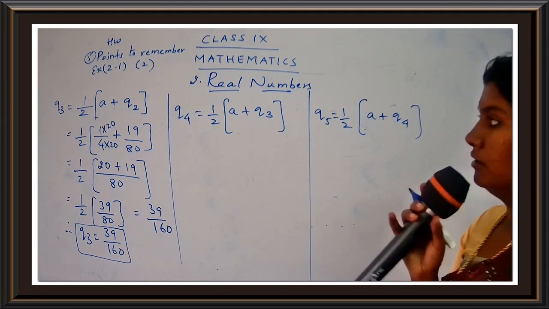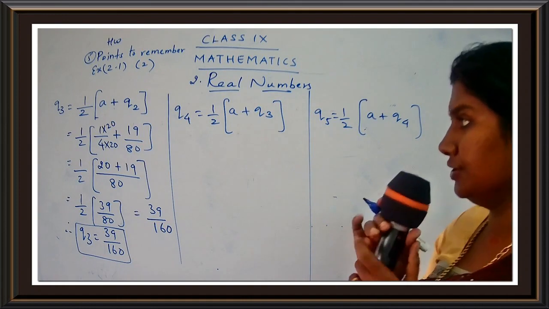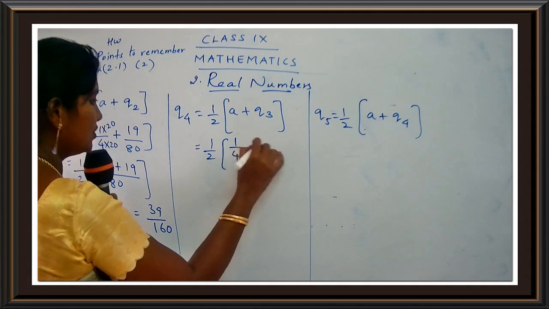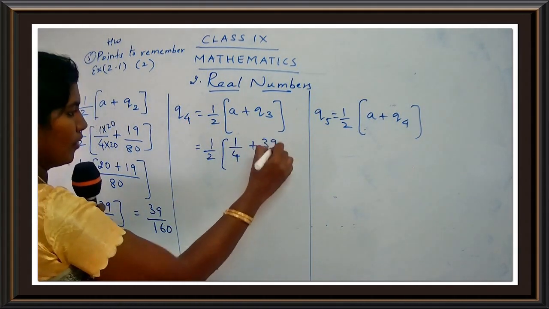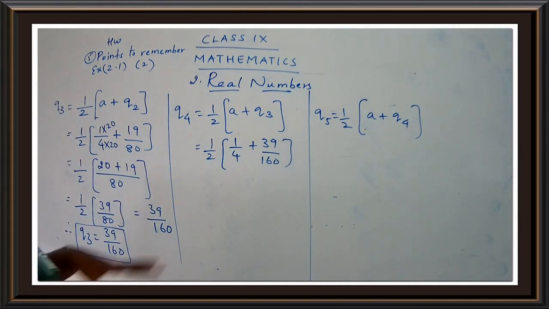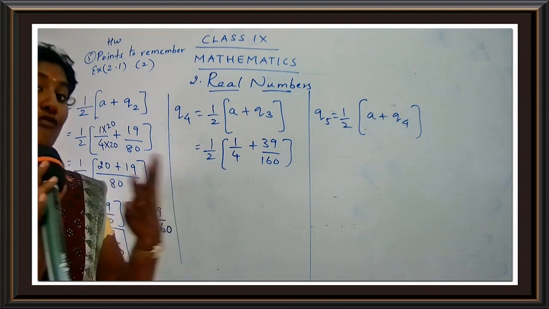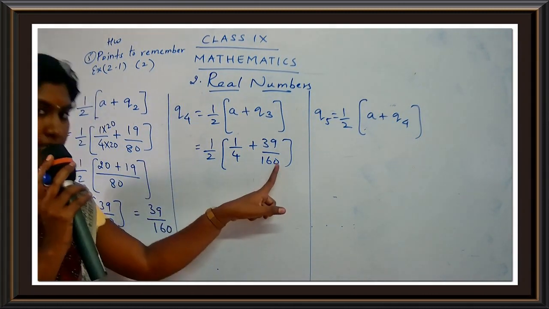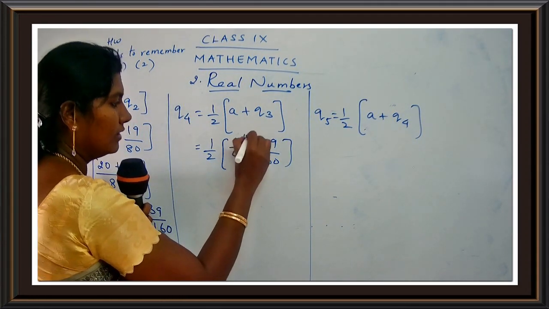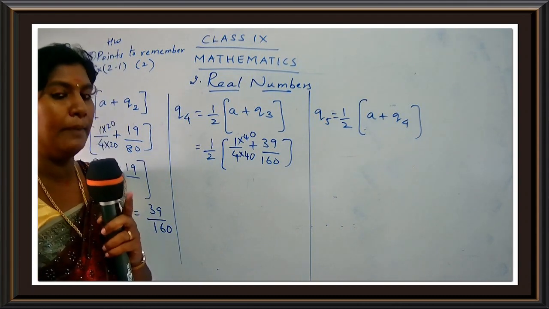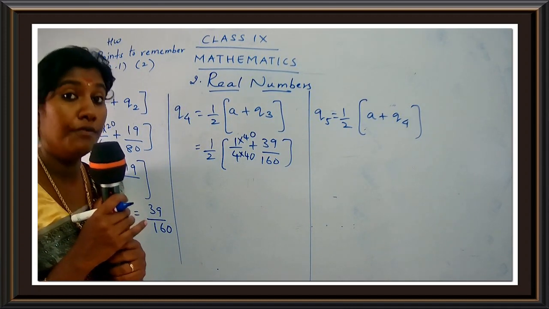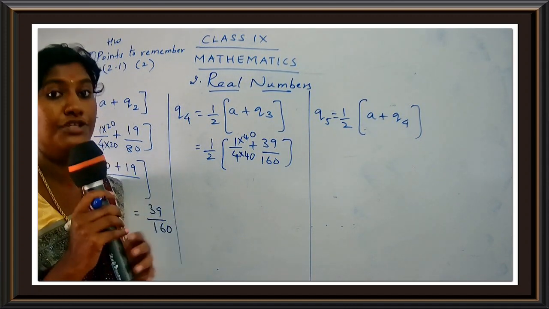Okay. I hope you are ready. Yes, good. So what do you get here? This is half of, what is A? It's 1 upon 4. What is Q3? It's 39 upon 160. Again, we have a relation with the denominator part. Here you have 4 and here you have 160. So 4 4s are 16. Here we have a 0 along with 16. So you have to multiply by 40. The denominator should be multiplied by 40. In the same manner you have to multiply the numerator by 40. Do not forget to make the changes, otherwise your sum goes wrong.